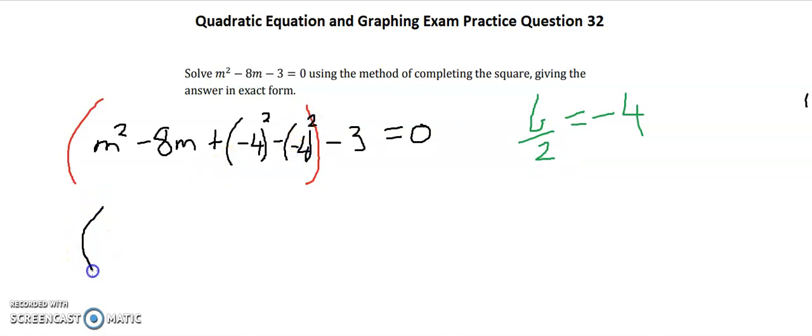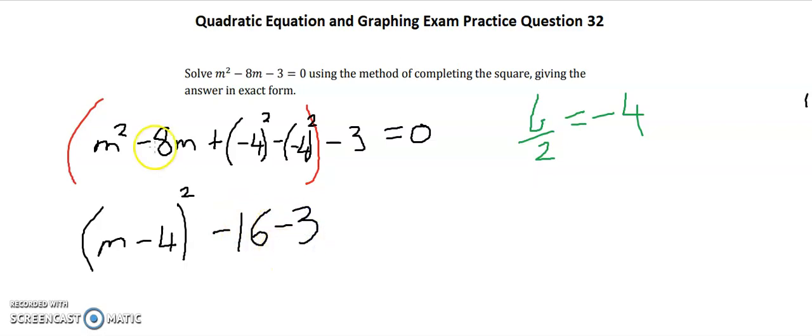So that tells me that my perfect square is m take away 4. But I also still have left my takeaway -4 squared. Now we know -4 squared is 16. So I'm just going to put 16 in. And then I've got take 3. So we've got -16 take 3. And that becomes m minus 4